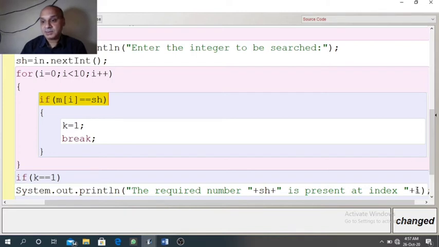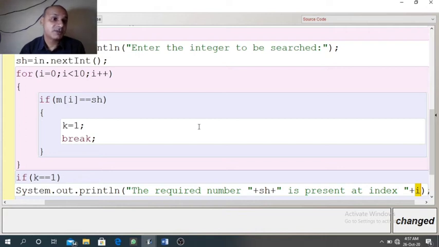So at that time it will display the value of i as 1. It means the required number is present at index number 1. So wherever the search item is present, due to the break statement, the value of i will remain the same and that value will print here.